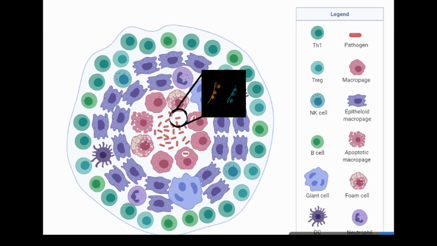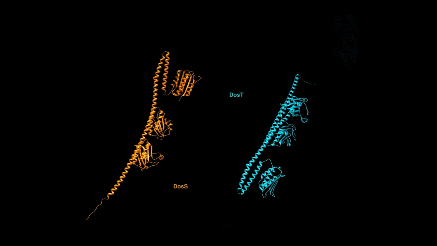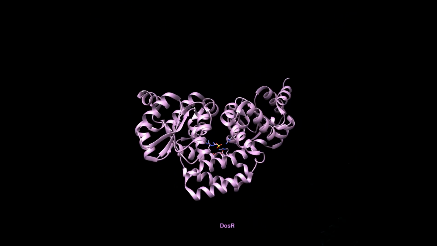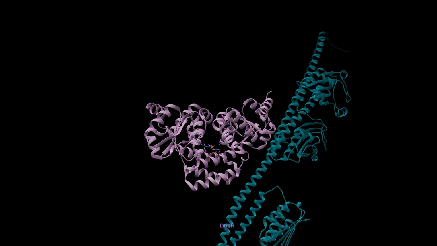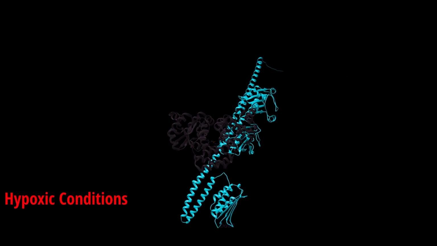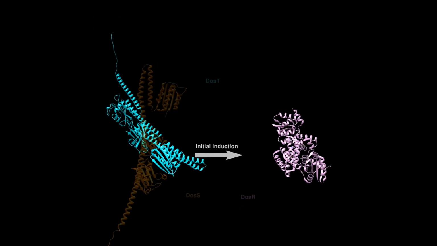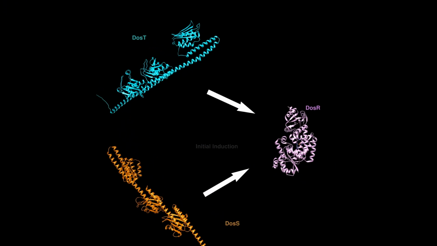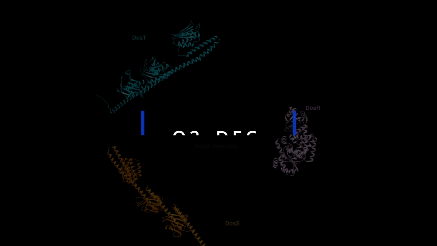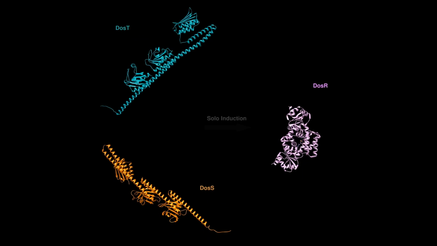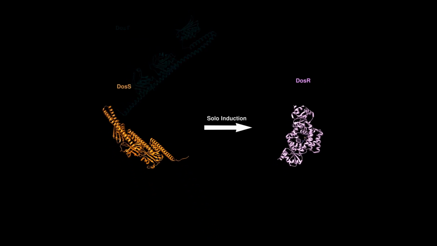In the bacteria, there are two sensor kinases, DOS-S and DOS-T, which work together to activate the transcriptional response regulator DOS-R. During hypoxia, DOS-T is the first to respond as it is more sensitive to oxygen changes than DOS-S and induces the DOS-R regulon with DOS-S. As the oxygen becomes more and more limited, DOS-T loses its functionality and DOS-S continues to maintain the induction of